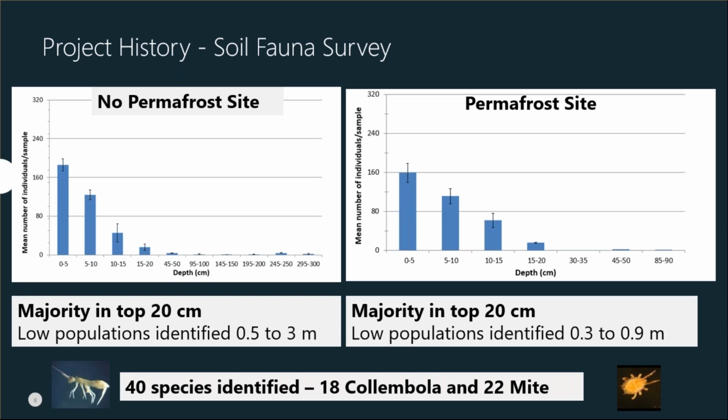And the invertebrates were dominated by Collembola and mite species, which is a really good story in that Environment Canada has a toxicity test protocol for Collembola, for a few Collembola species. And currently, I believe it's happening this year, Environment Canada is also standardizing a new test protocol for Oppiella nova, which is an oribatid mite species. So it's really nice that we have standardized toxicity tests that match what we actually find in the field.